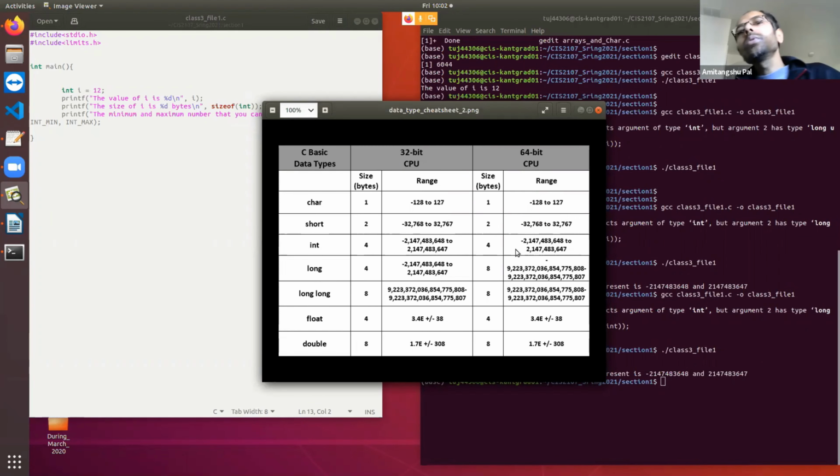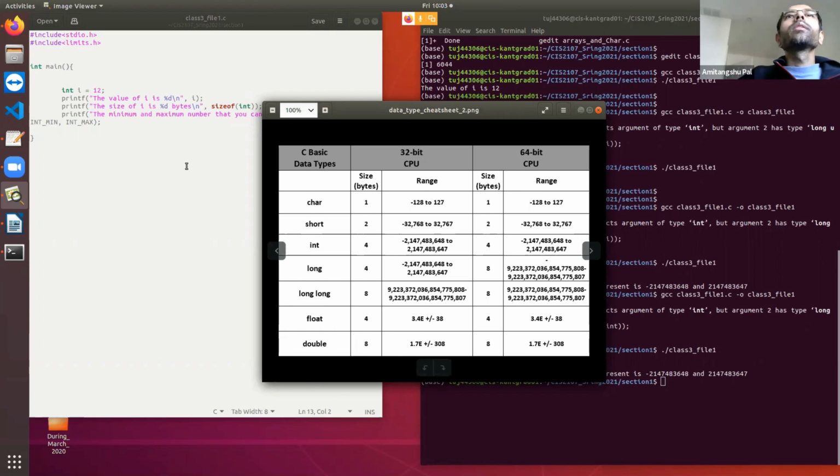Okay. So for example, suppose that, for whatever reason, the variable you are using will only take values between minus 1000 and plus 1000. It will not go above 1000 on the positive side or below minus 1000 on the negative side. For that kind of scenario, using an integer to represent this many numbers is a waste of memory, right? In those scenarios, you may use a short integer that will only take 2 bytes of memory, but with a limited range. But if that limited range is sufficient to represent minus 1000 to plus 1000, you should be okay.